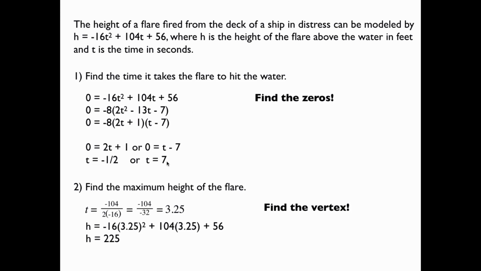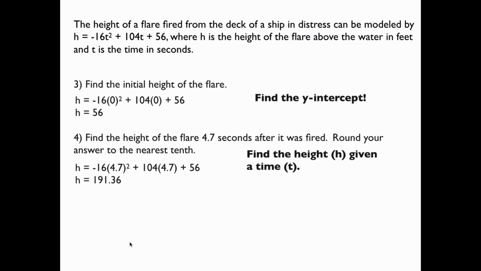For the maximum height of the flare, all we have to do is find the vertex. Now we know we can calculate the axis of symmetry. All right, so the maximum height of the flare was achieved 3.25 seconds after it was fired, and the height at that point was 225 meters. The initial height of the flare